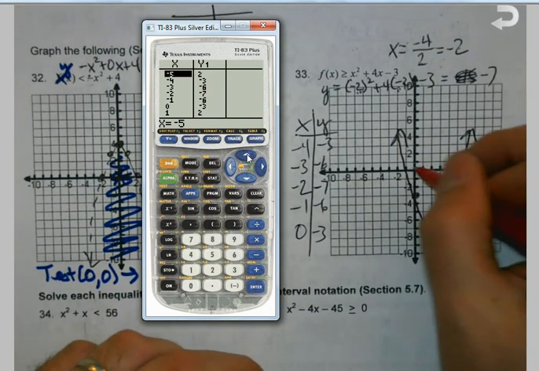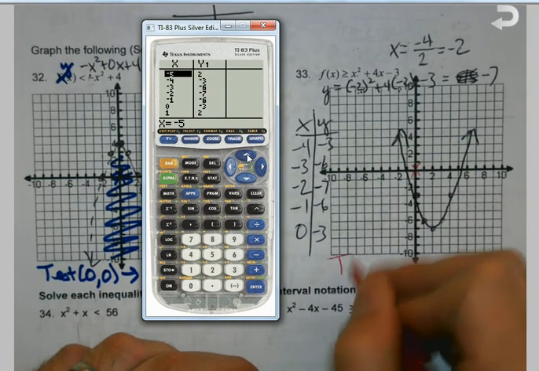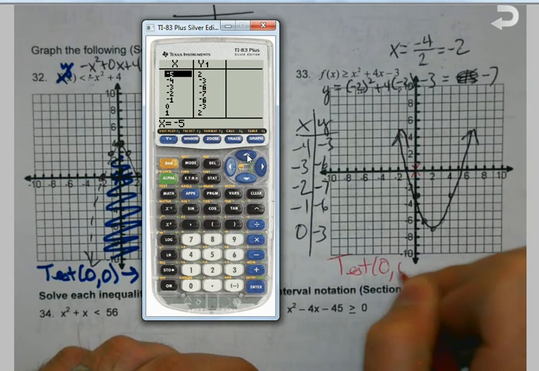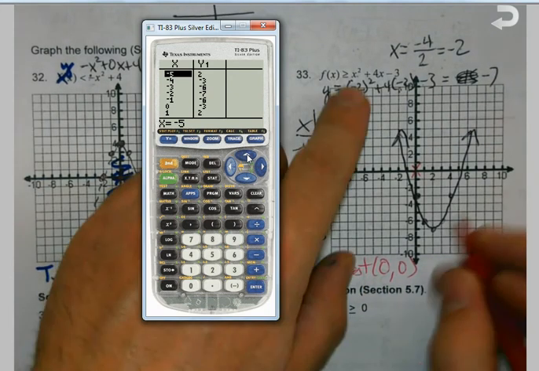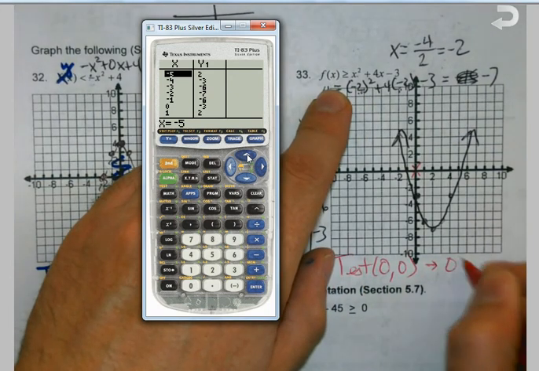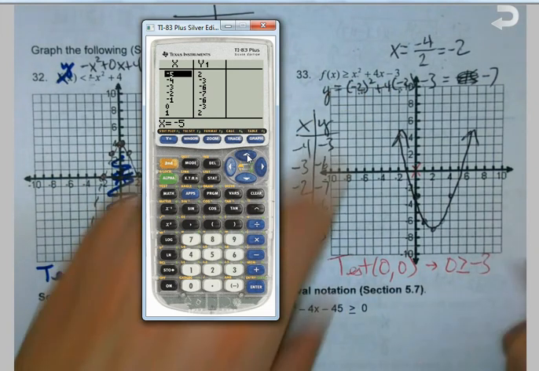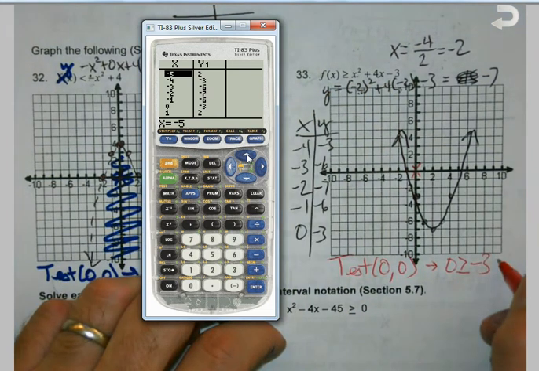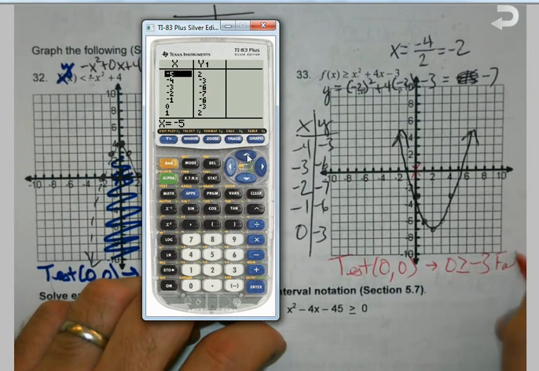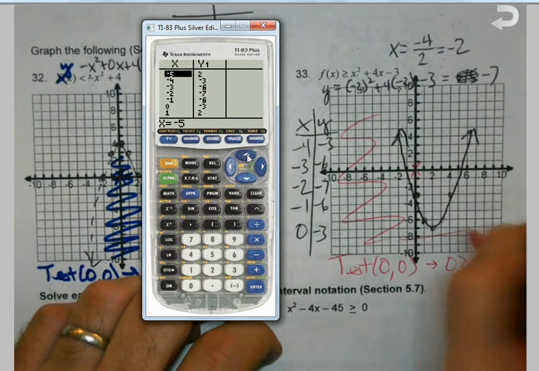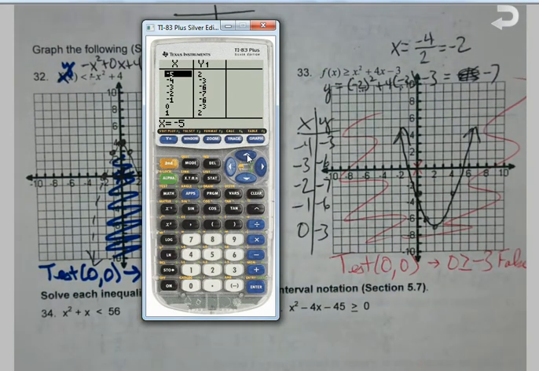Hey, I can even use 0, 0 again. Love it. 0, 0. Plug them in. 0 is greater than or equal to, those are both 0. Is 0 greater than negative 3? I don't think so. Shade outside. Finally,